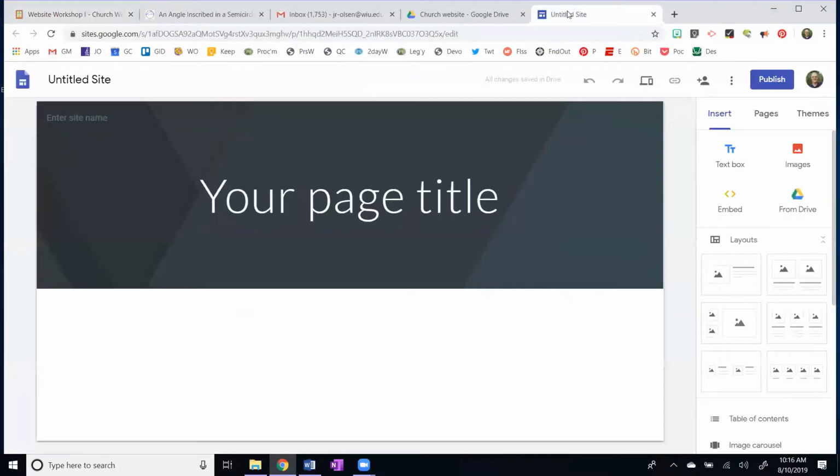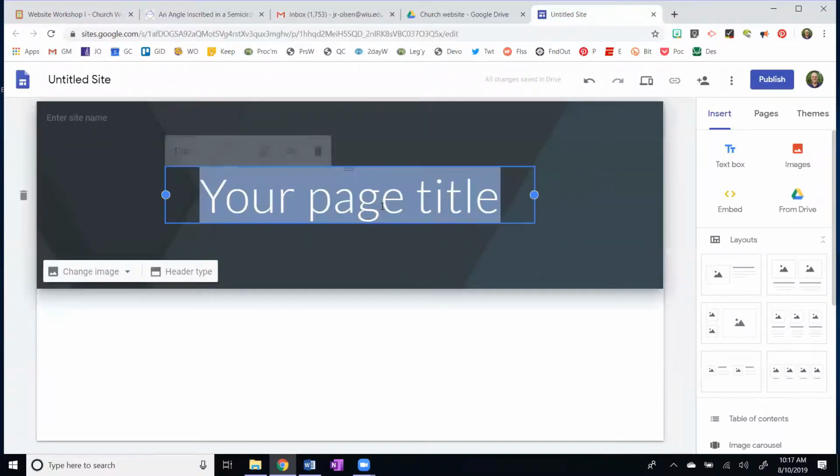So we're over here at the Google site. And in this Google site, I can have multiple pages. A website has multiple pages, and they're linked together, and you can move around easily. So right here is your page title.